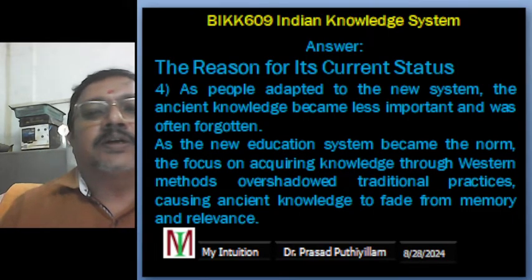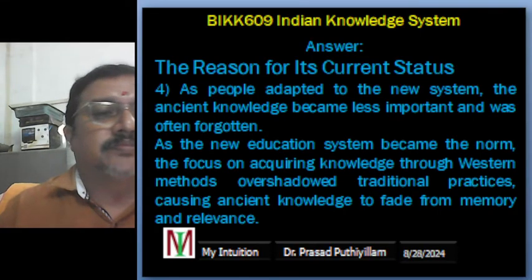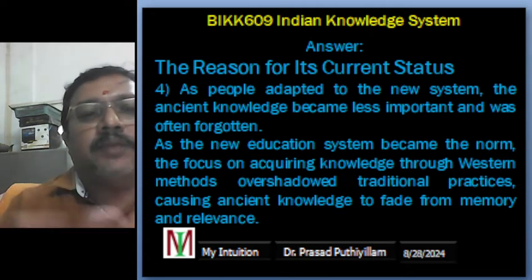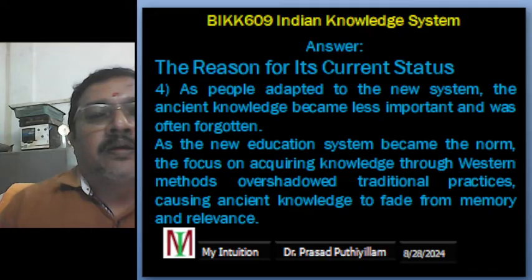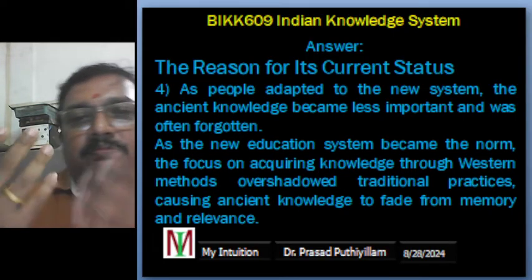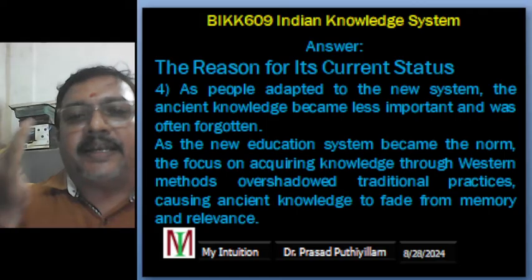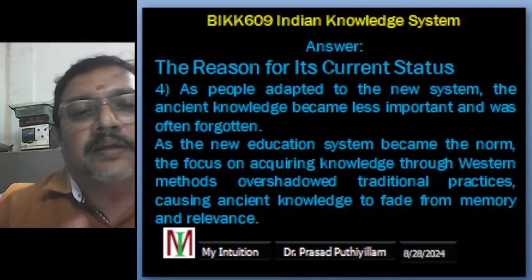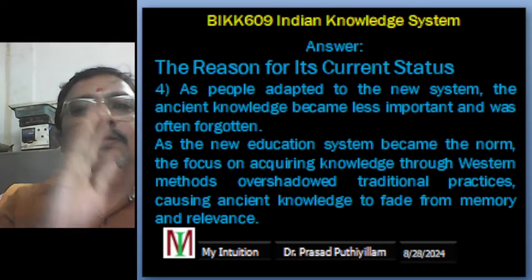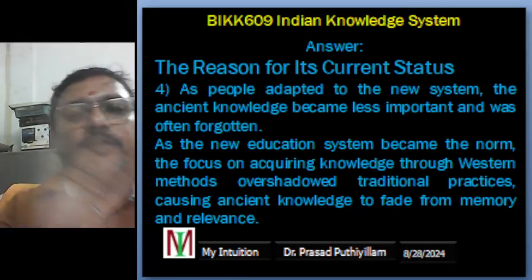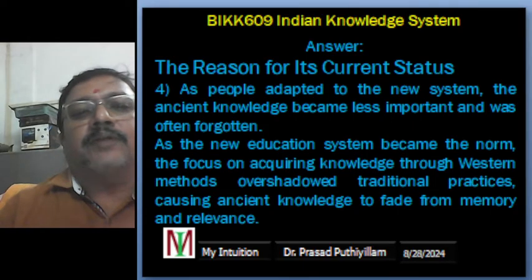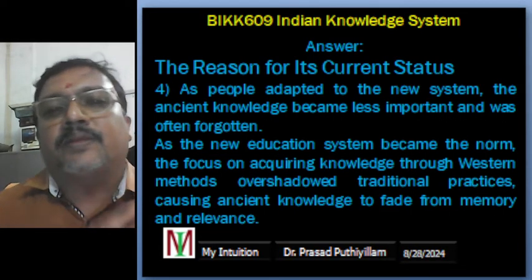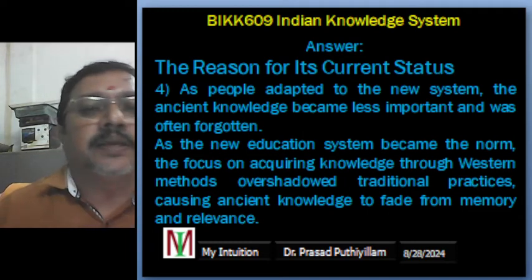So this shift in focus led to the complete diminishing of the ancient Indian knowledge. Even though it was well advanced, they treated it as irrelevant or outdated. That way they treated the Indian knowledge, because it was diversified. Different people had their own knowledge. It was not united. So unity was not there in India at that time. That was the main reason why people invaded India.